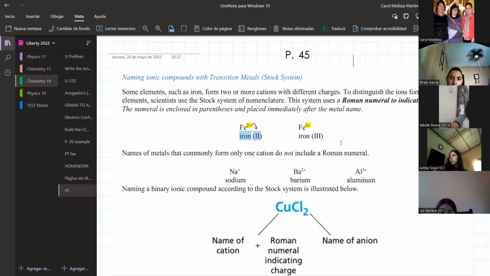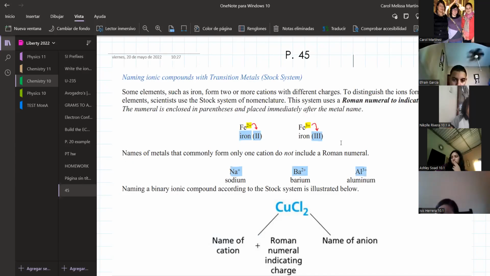We have this exercise over here, Fe3+. Following the idea of the stock system, it's going to be written as iron, and in parentheses, you will write the Roman numeral. Now, remember, not all the metals will have the Roman numerals. For example, metals that form only one cation, such as Na+, or Ba2+, or Al3+, okay, if you check for them in the periodic table,